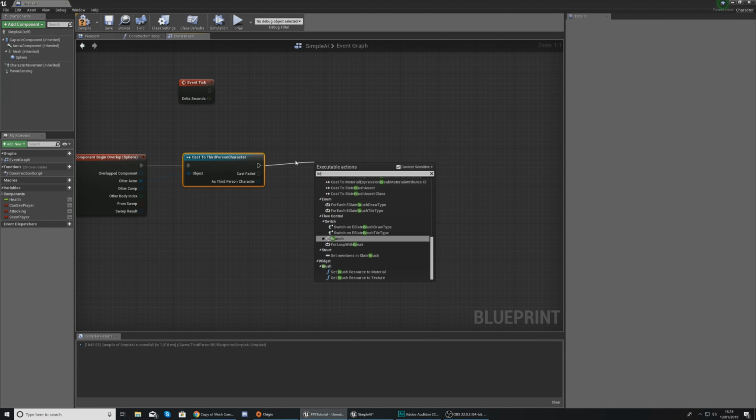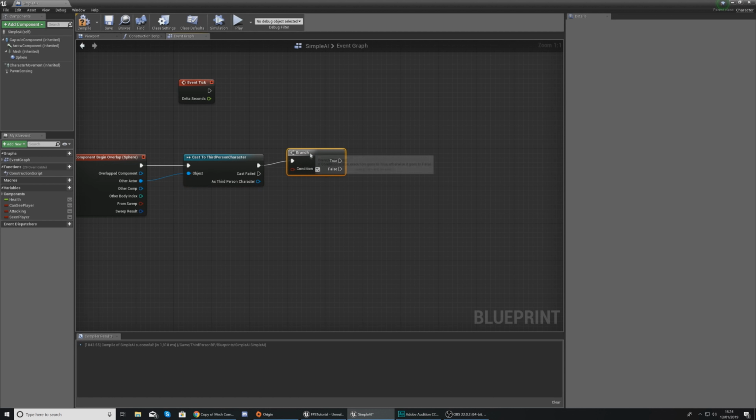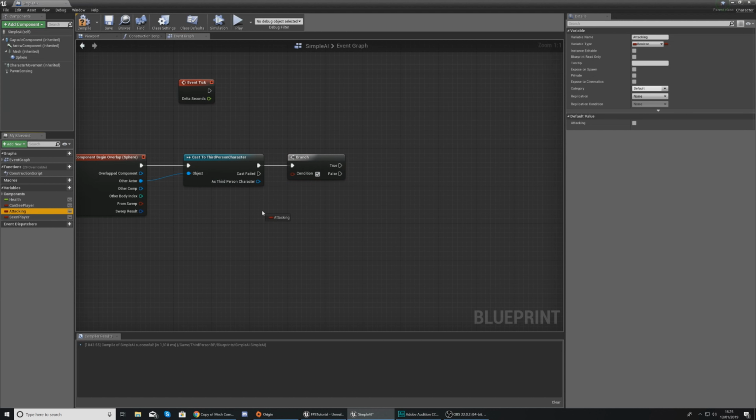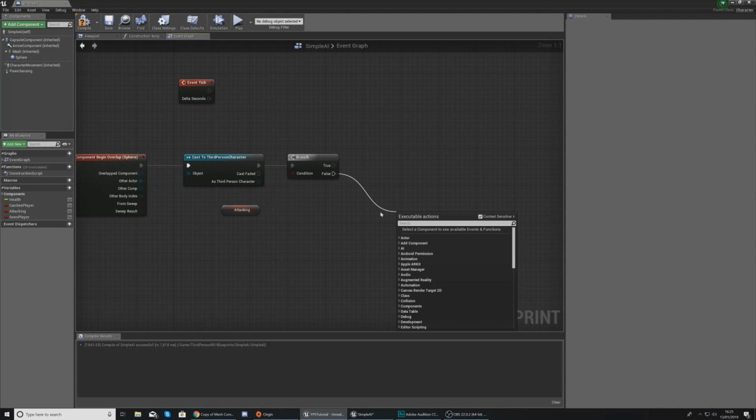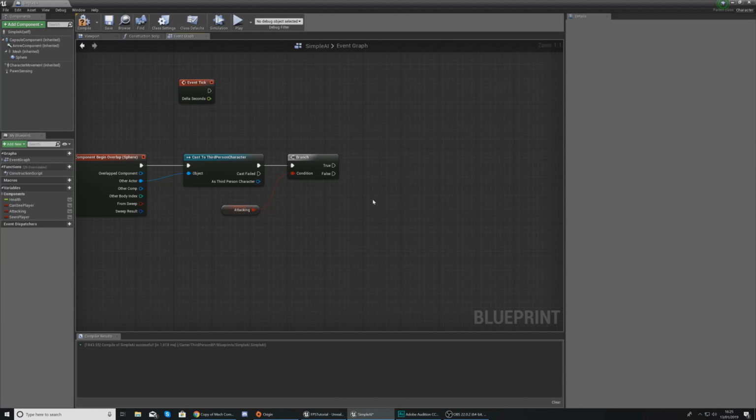Once we've done this, what we want to do is check to see whether or not they're attacking, because we don't want it to damage the player if they are not attacking. So if attacking is true, then what we're going to do is write the logic for the rest of this to actually get it to damage the player. If it's false, then we don't want it to do anything because it shouldn't be attacking, and that is as simple as it is. And if you run into that hand, you don't want it doing damage to you. So once we have got this set up with our branch, what we're going to be moving on to is